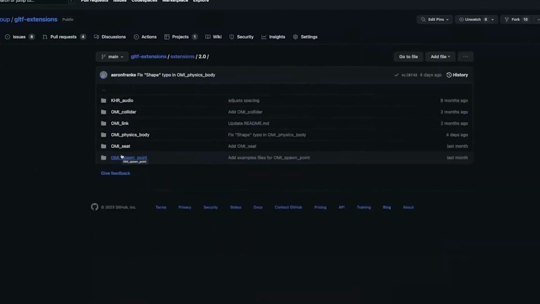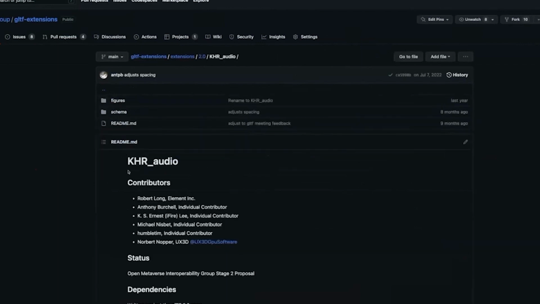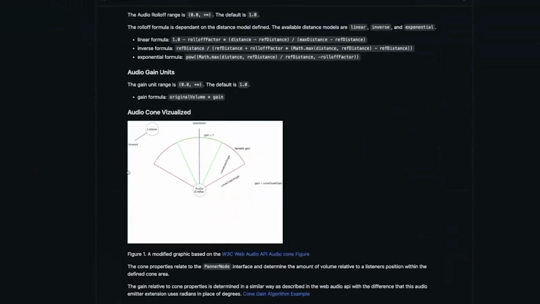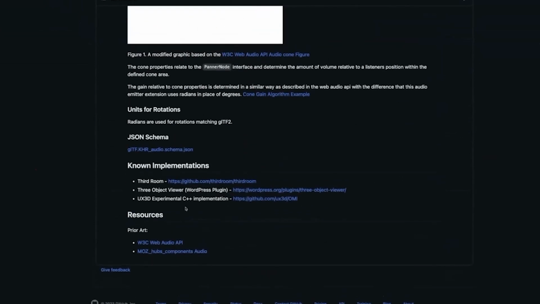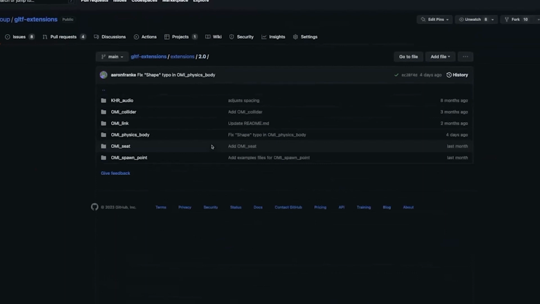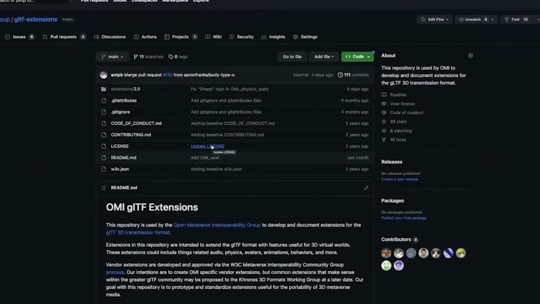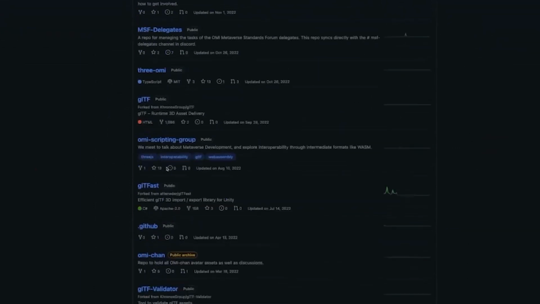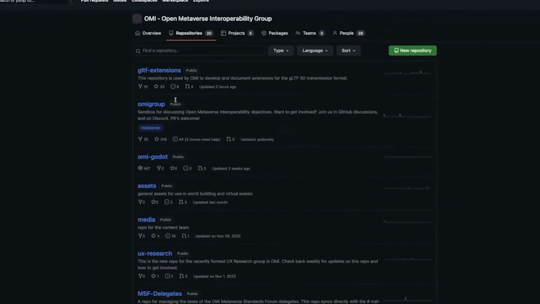You can also see where these have been implemented, so that you can tell what platforms are interoperable with this. There's a C++ implementation of the audio, so it's not just three.js platforms using this. There are a lot of really cool applications that you can consider using these extensions for.